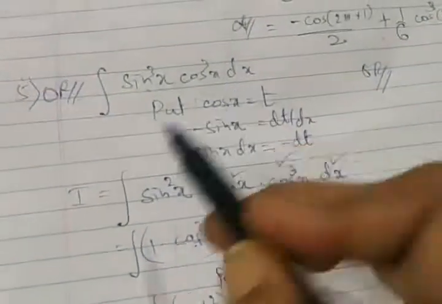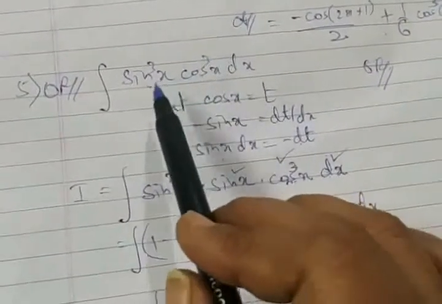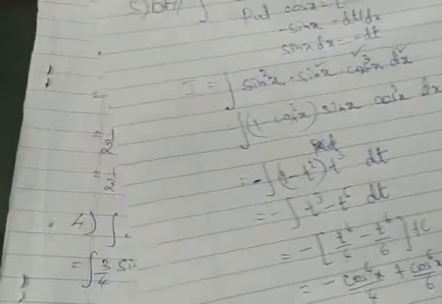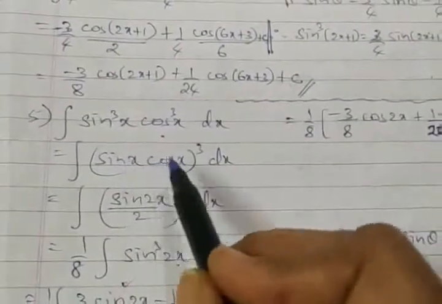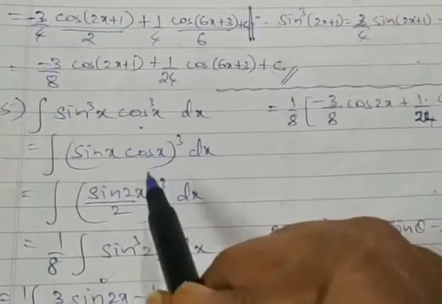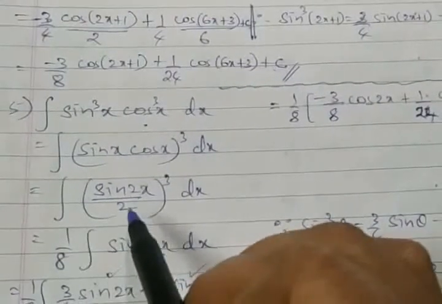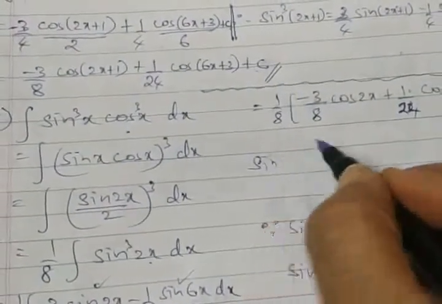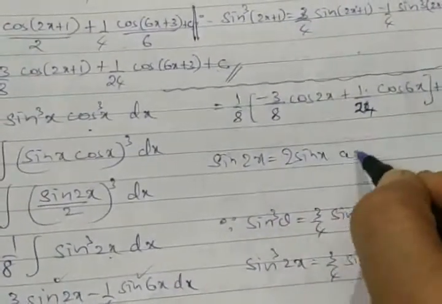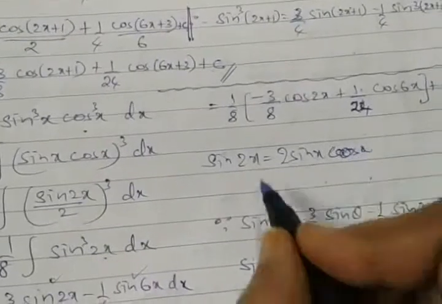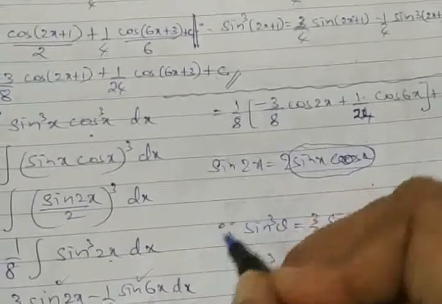One more option. At least from my side, whenever I find sin x into cos x, I have set my mind that I should use the sin 2x result. I mean to say, whenever I find sin x into cos x, the only formula which comes to my mind is that I have set my formula for sin 2x by 2. This formula I will always remember. And of course I expect you people to remember this result, 2 sin x cos x, where sin x cos x I can very well recollect is sin 2x by 2.